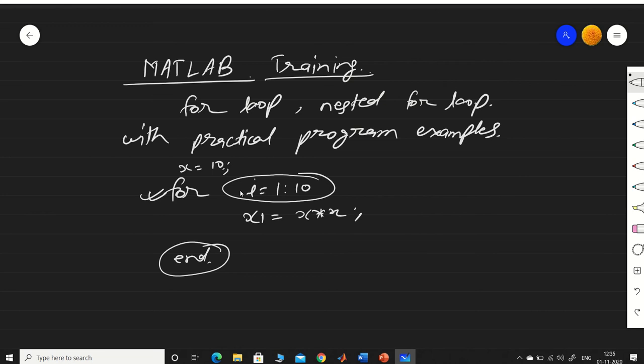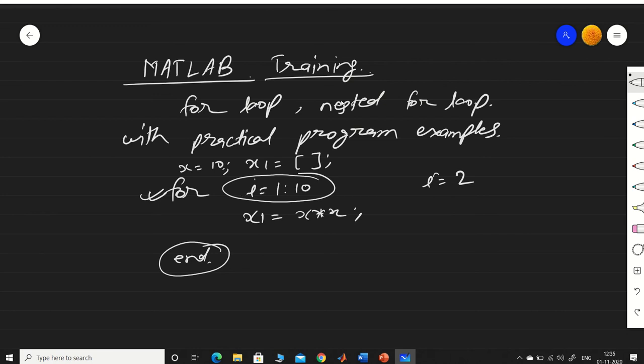Next time again for I equal to 2, what will happen? x1 will be 10 into 10, 100. So like that it will keep on happening. Got it? Or otherwise you could have done one more thing, x1 is equal to an empty array, and this is how you can proceed. So for each x value 10, 10, 10, it will keep on adding this.